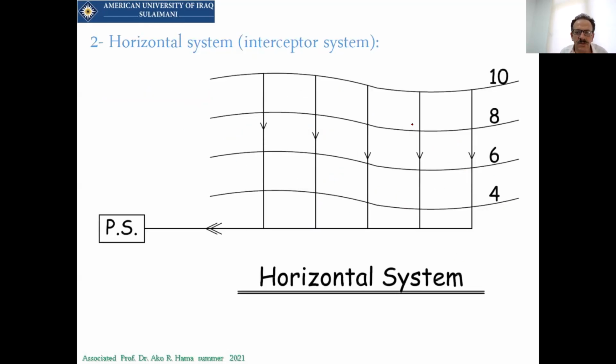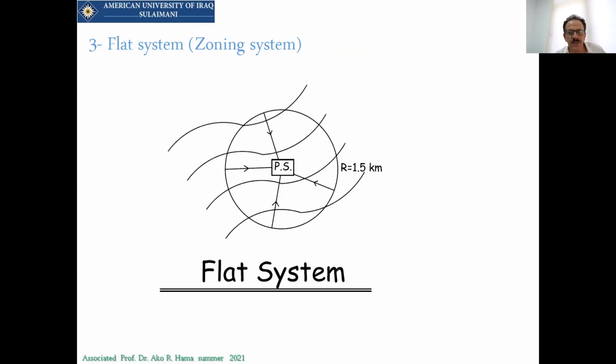The horizontal system is like this, and this is the method that I told you, which follows the elevation of the houses. Start from the highest to take benefit from the gravity. So the houses here have levels higher than this one. So we have to go from the highest ground level to the lowest ground level, and then collect each of them within one main pipe or main sewer, sending it to a pump station or a treatment plant, and also this one, another area.